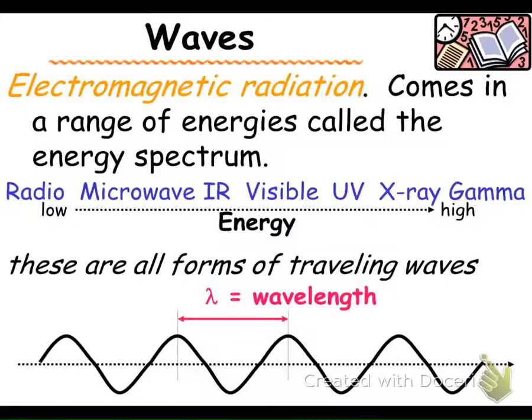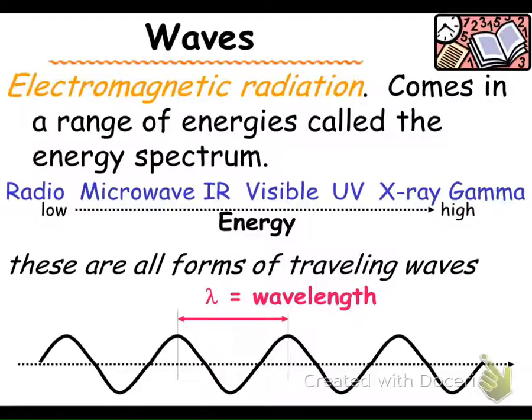These are our notes on waves and electromagnetic radiation. So electromagnetic radiation comes in a range of energies called the energy spectrum. Radio, microwave, infrared, visible, UV, X-ray, and gamma rays are all examples of energy waves, and these are forms of